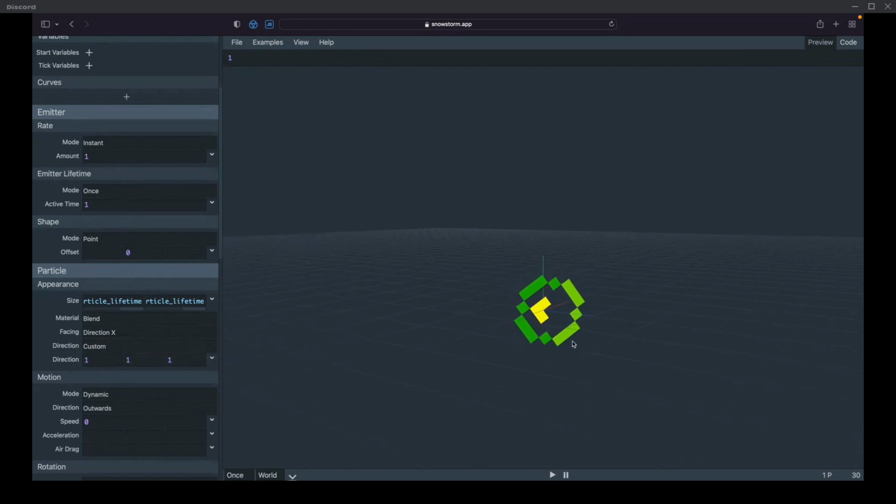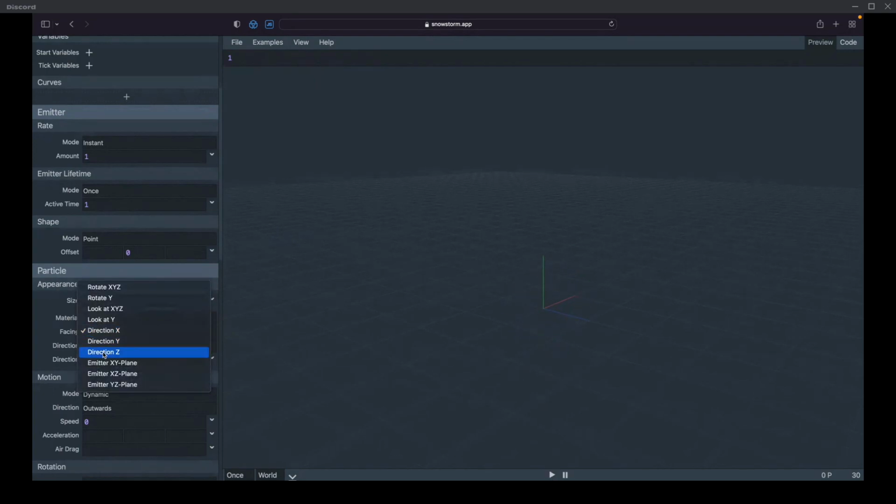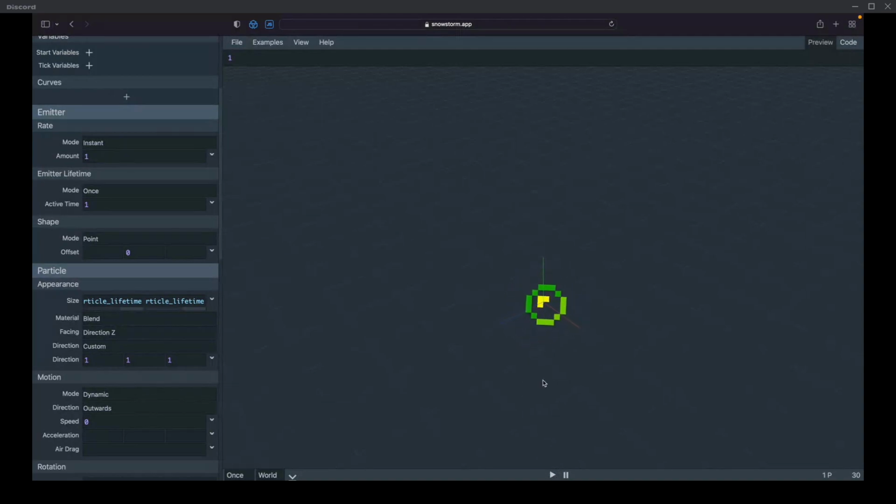You can set custom directions and orientations for your billboard. Direction Z is the most intuitive. There we go. Okay. So you can see these are the positive axes, X, Y, and Z. And you can see the particle is facing 1, 1, 1. So it'd be facing diagonally up and out from the origin.